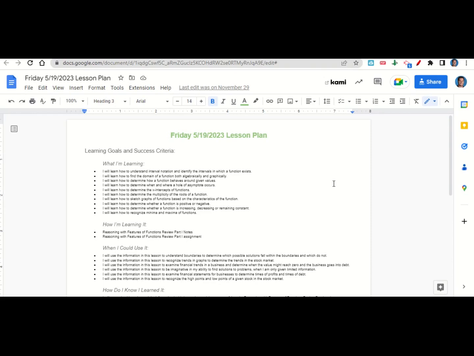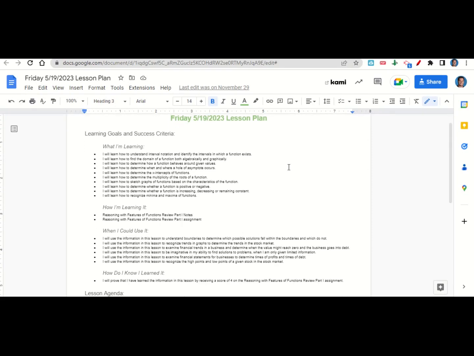Through the Reasoning with Features of Functions Review Part 1 notes and the Reasoning with Features of Functions Review Part 1 assignment. When can we use this information? To understand boundaries, to determine which possible solutions fall within the boundaries and which do not, to recognize trends in graphs to determine the trends in the stock market, to examine financial trends in a business and to determine when